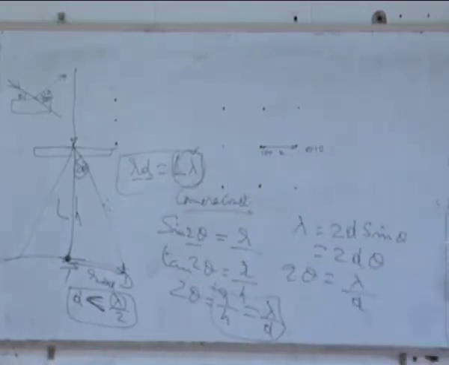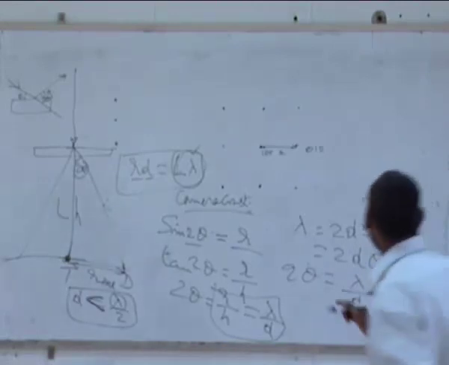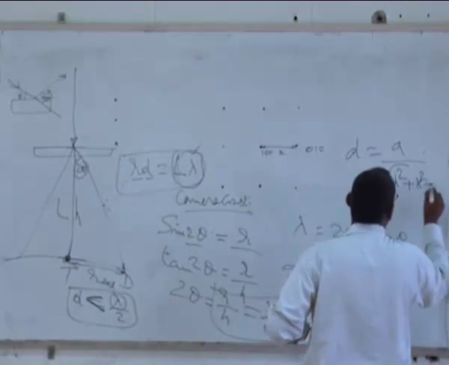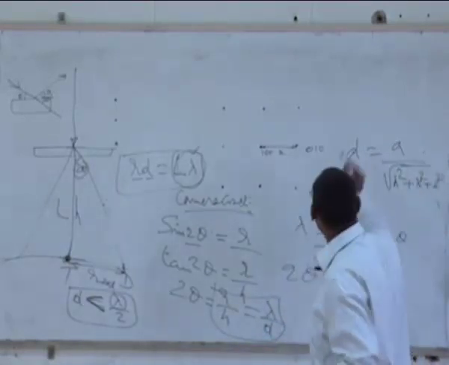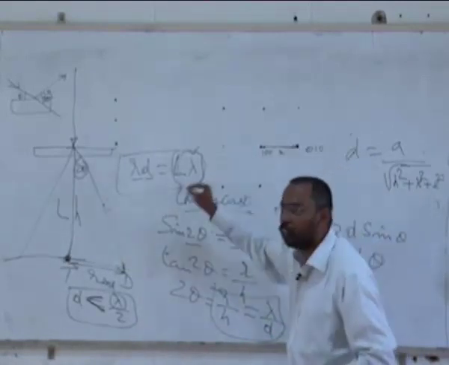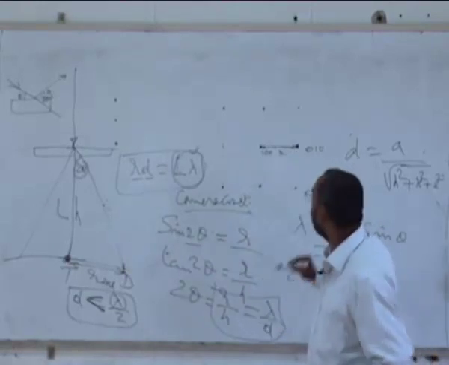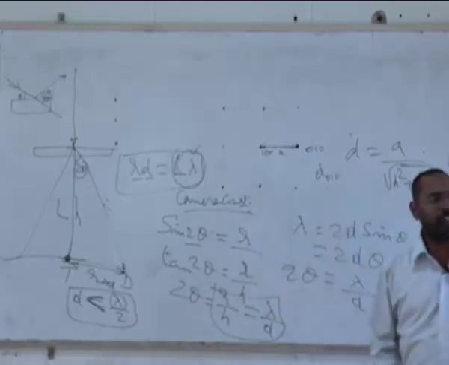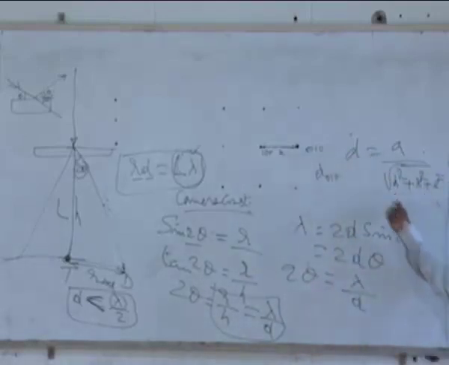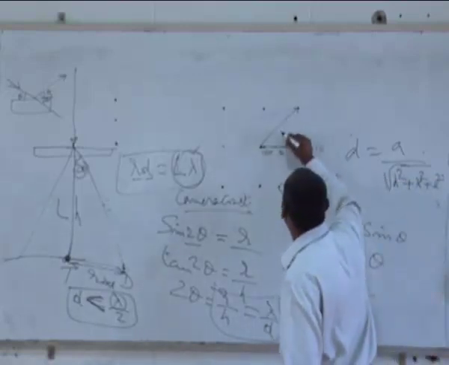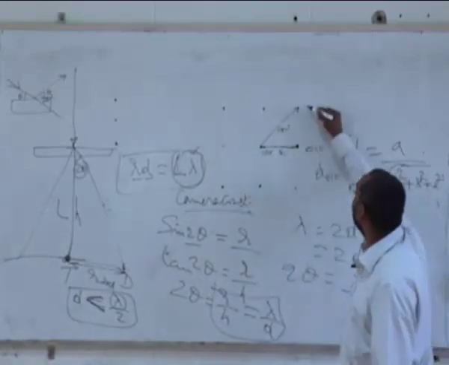Yes? I can calculate lattice parameter, because I know lattice parameter and D are related to each other by this formula. So if I can find out the D for each of them, for example, this one, if I measure this R and then use this formula and find out the D, I have now known D of 0, 1, 0. And if I know D of 0, 1, 0, I plug the D into this and put 0, 1, 0 into this and find out the A. And if I want to confirm this further, I also measure this distance. And I know that this is 0, 1, 1.